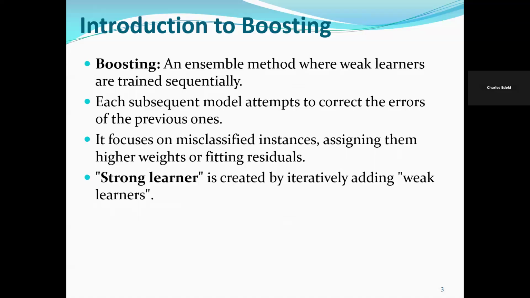I would say that it's an iterative process. So this iterative process focuses on what? Instances that were difficult for the preceding models, then gradually creating a stronger learner from a series of weak learners. That's where the name came from. You are boosting it, a booster. We use that term a lot, booster, to boost something. So boosting primarily aims to reduce